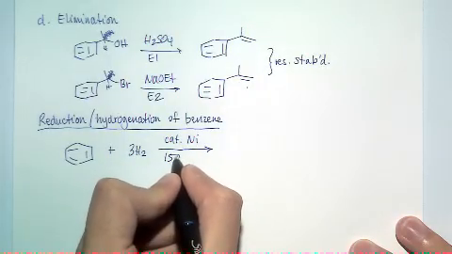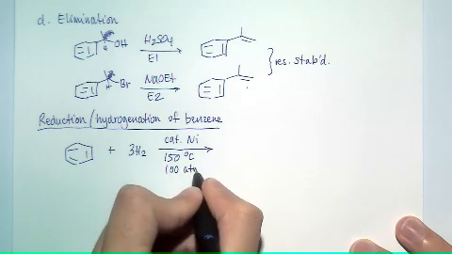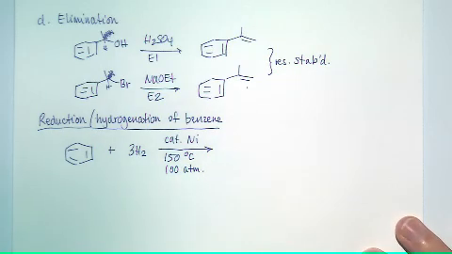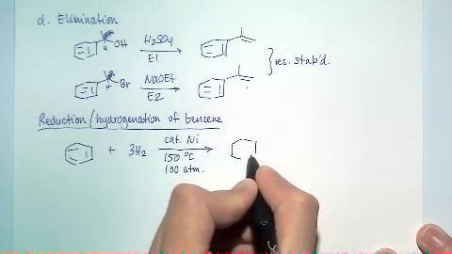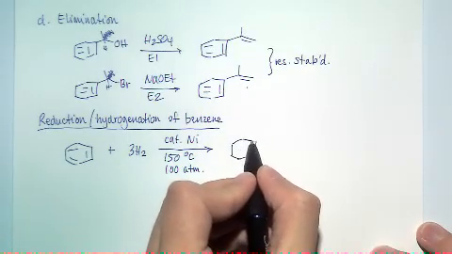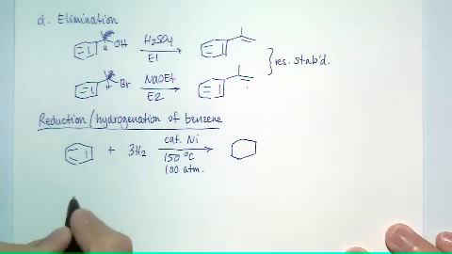You need 150 degrees Celsius and 100 atmospheres, which if you have anything even remotely sensitive attached to your molecule, it is going to die in that reaction, and so you'll just have some black sticky tar. But if you've just got benzene, then yes, you can do that and get cyclohexane if you really want to. Not super useful, however,